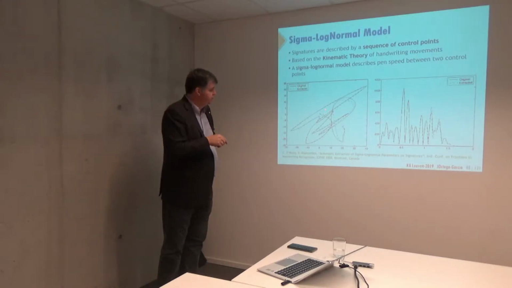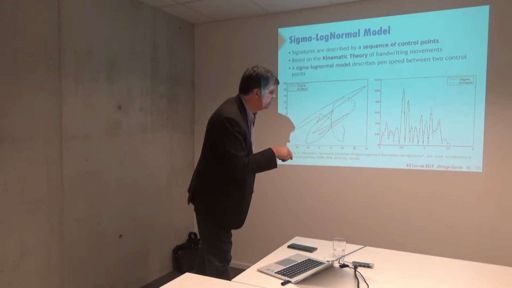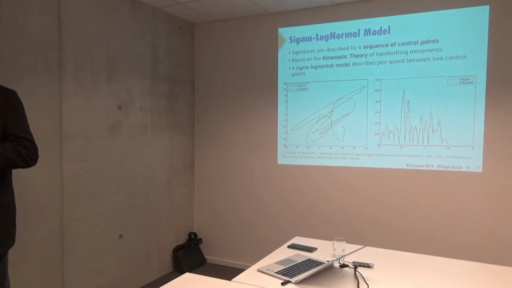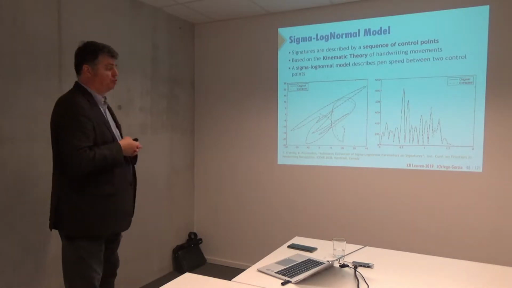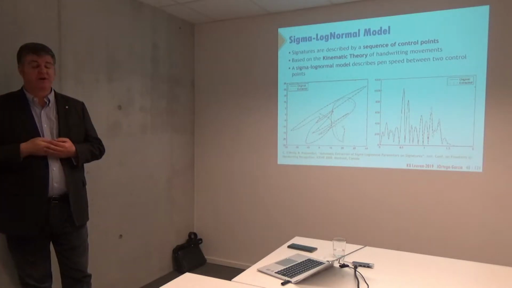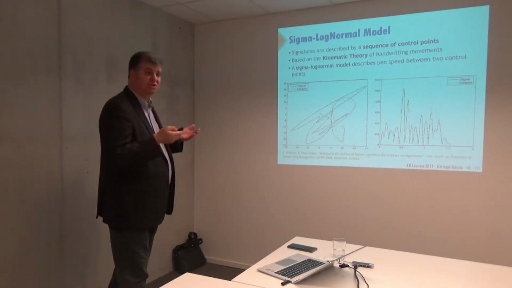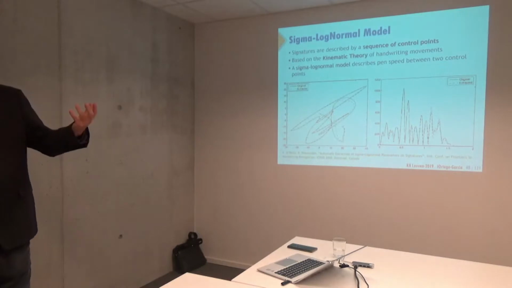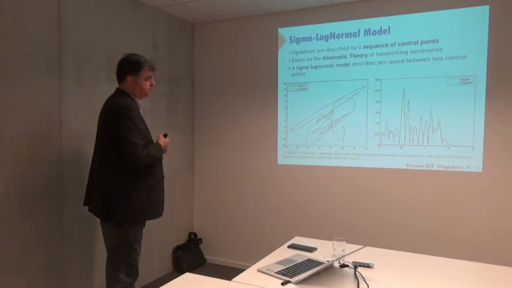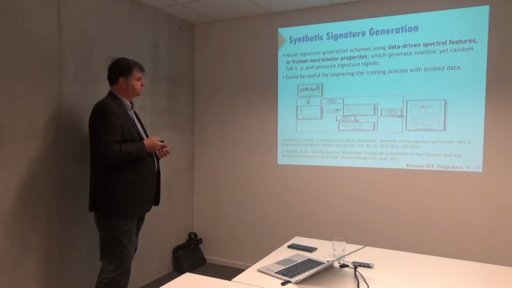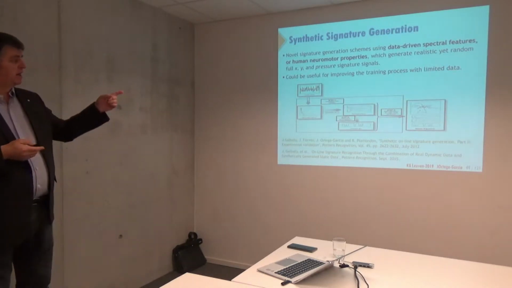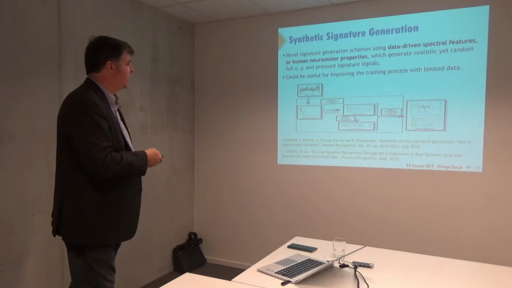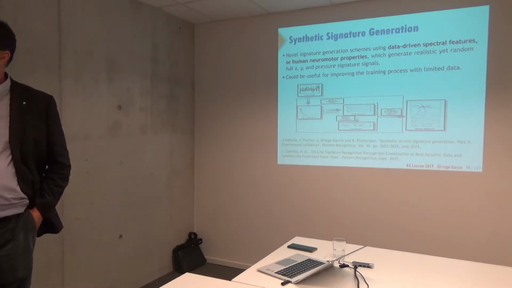You see the original and the extracted one, and you see the original and how the sigma log model adapts to the actual signature. It is a very accurate system to model what's going on, and also to synthesize handwriting. Okay, you can use this as a source model to synthesize. In fact, this is an automatic synthetic producer of signatures. Okay, you can go to this literature to see what's going on.